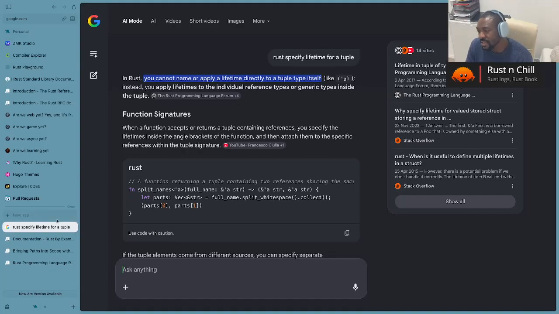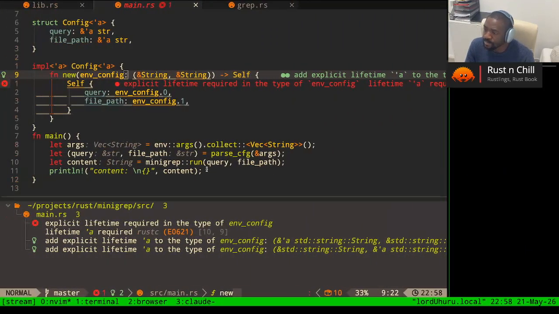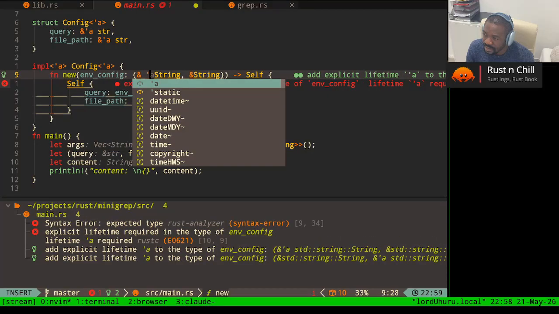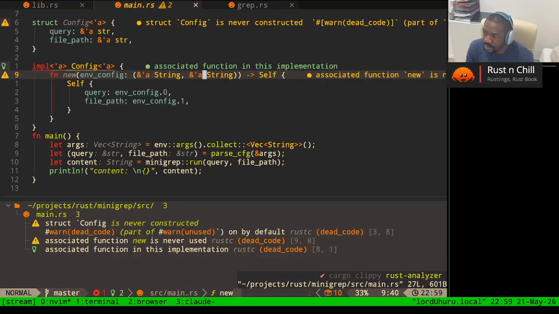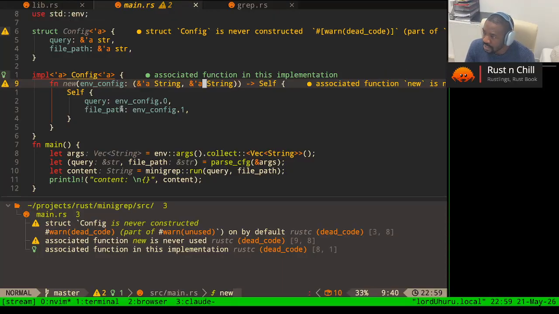Instead, on the individual elements. Exactly what I thought actually, which makes sense. So they have to have the same lifetime. Yeah. Okay. And then